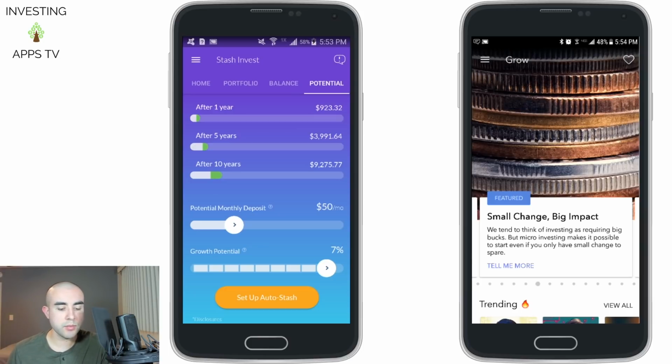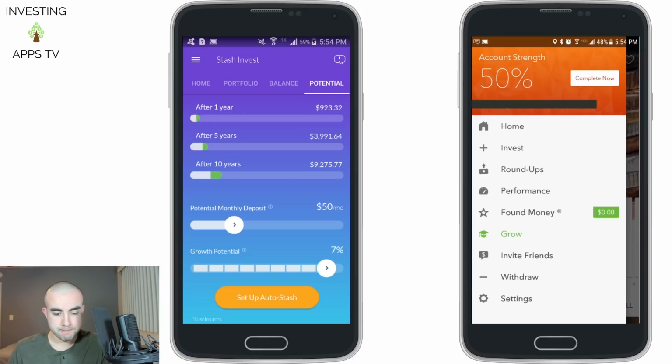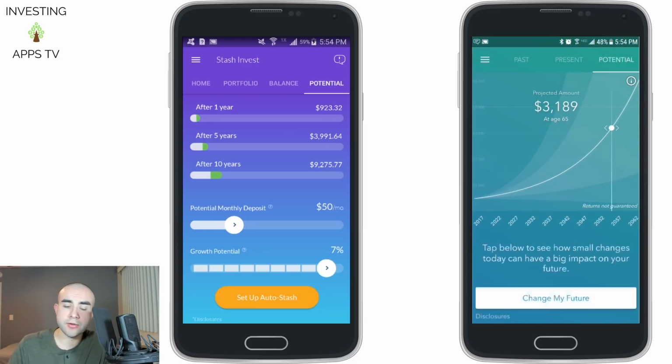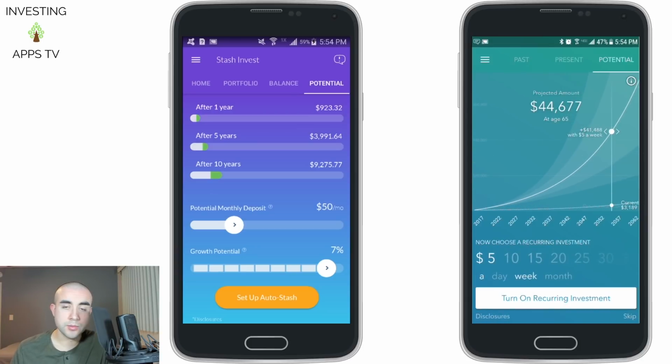Again, just go to the left-hand menu, go to Home, and then go to Potential. All right, so theirs is a little bit different. It's more of a curve graph, but you can adjust different factors as well. So if you go down to Change My Future, you see this will open up some different things you can